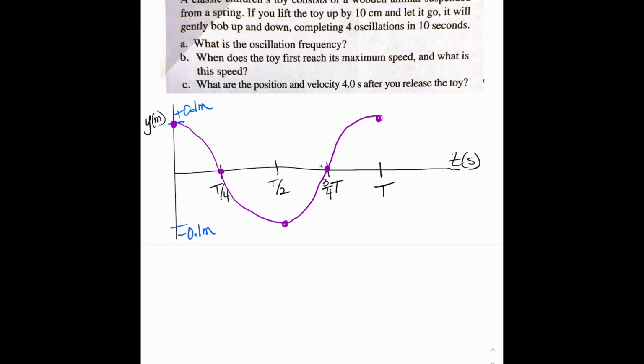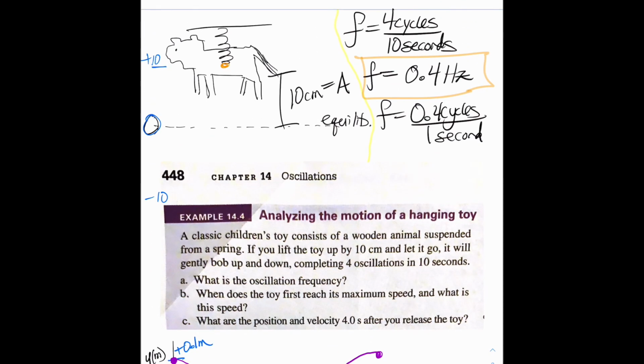What is the period? What is capital T? I don't think we solved for that. So if we go back up here really quick, T is equal to 1 over f. So T then is equal to 1 over 0.4 hertz. Now, what is that equal to? I think it's about 2 point something. 1 divided by 0.4 is 2.5? Yeah, 2.5 seconds